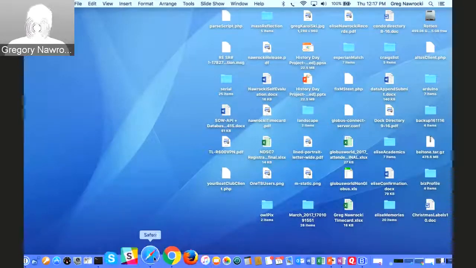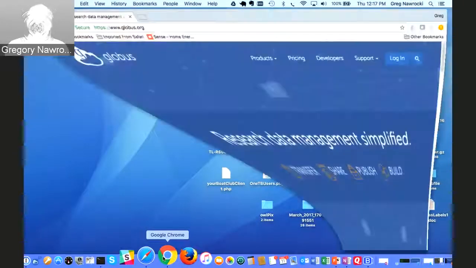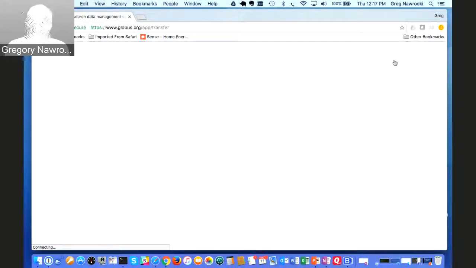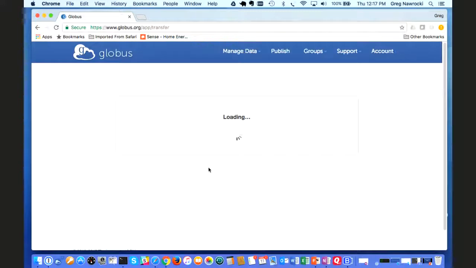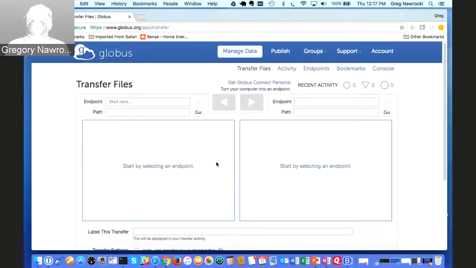And I am going to bring up, let's see, let's go here first. And I am going to log in. And I'm actually going to log in using my University of Chicago credentials. And this is going to be onto my personal account here. So I'll log in, oh, that's good. Continue. And I had already authenticated earlier, so as much as I like to make these demos live and clear out all my cache, inevitably something's cached in there. So I'm logged in now with my University of Chicago credentials.